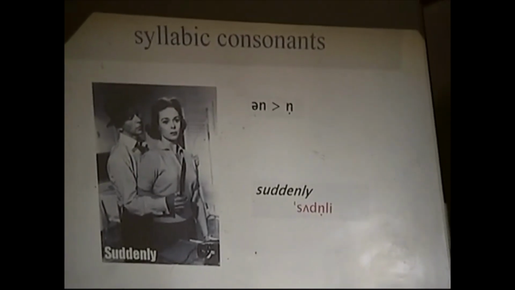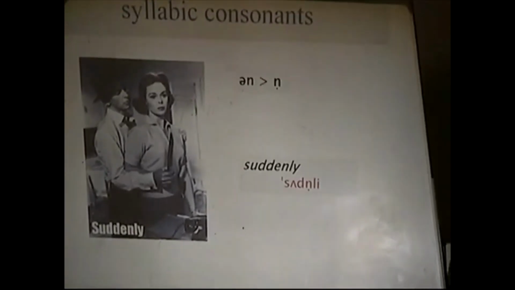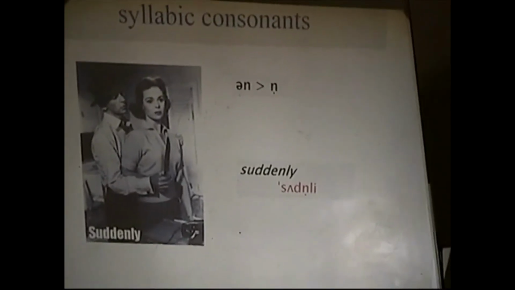Now it is always possible with these words to pronounce them without forming the syllabic consonant. That is, you can say suddenly. It tends to be for us a childish pronunciation. Suddenly. Pardon? So, if you want to sound adult, it's advisable to learn to do syllabic consonants and say suddenly and pardon. And likewise with the other ones.